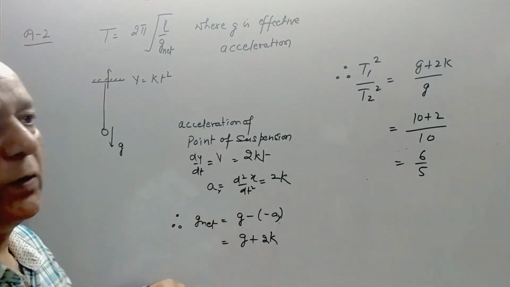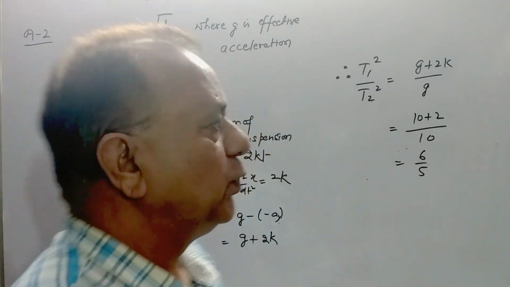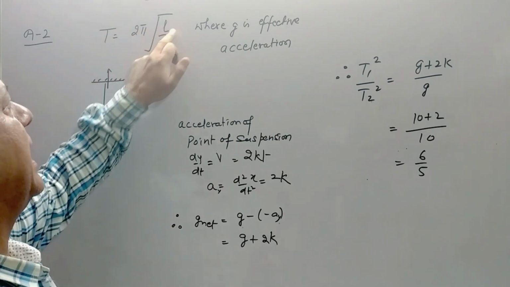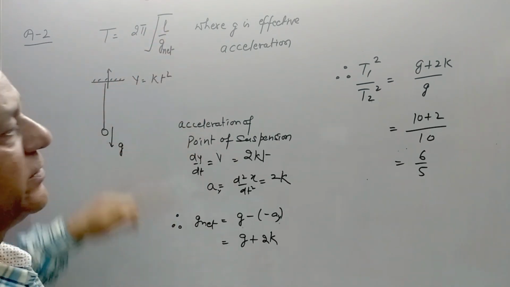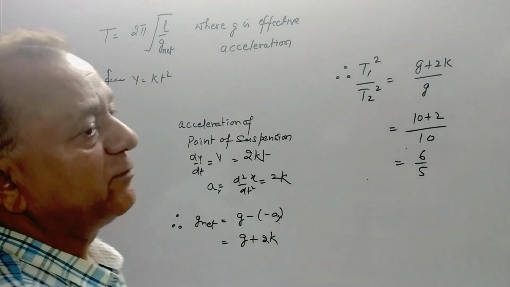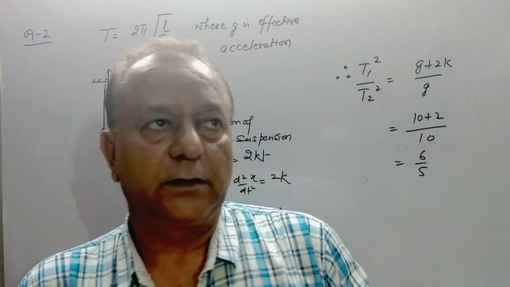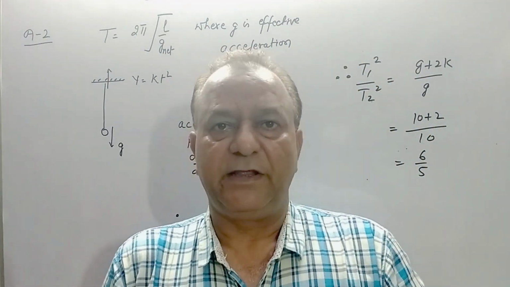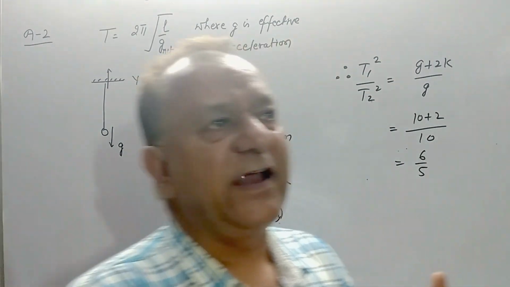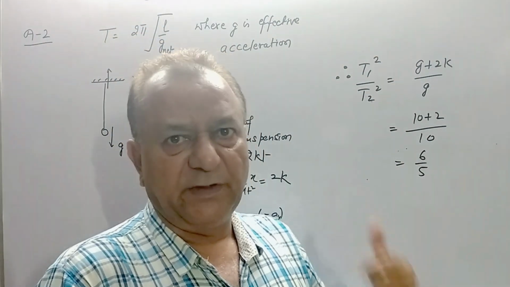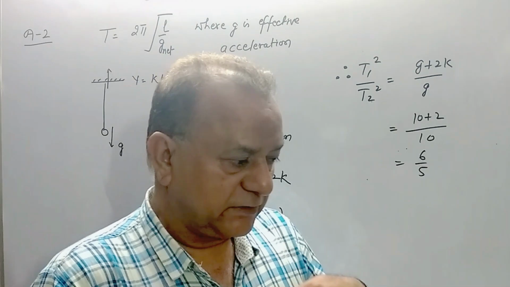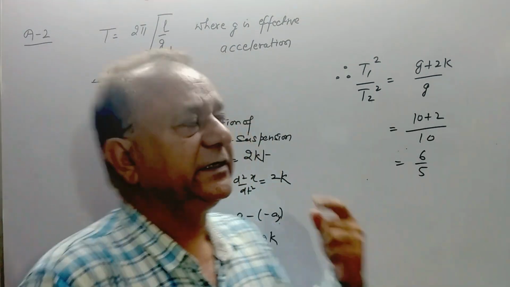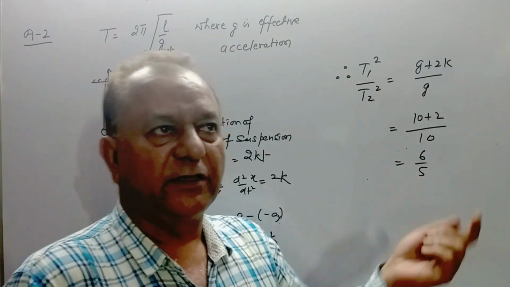Now in answer number 2 and answer number 3, I'll tell you: time period T is given by 2 pi root of L upon g net, the time period of a simple pendulum. Now this g net is a very important term. He can create different situations in which he will modify the gravity. Gravity can be modified by moving the vehicle in which this simple pendulum is there in a straight line with acceleration a. In that case, you will take g net equal to the square root of g square plus a square,